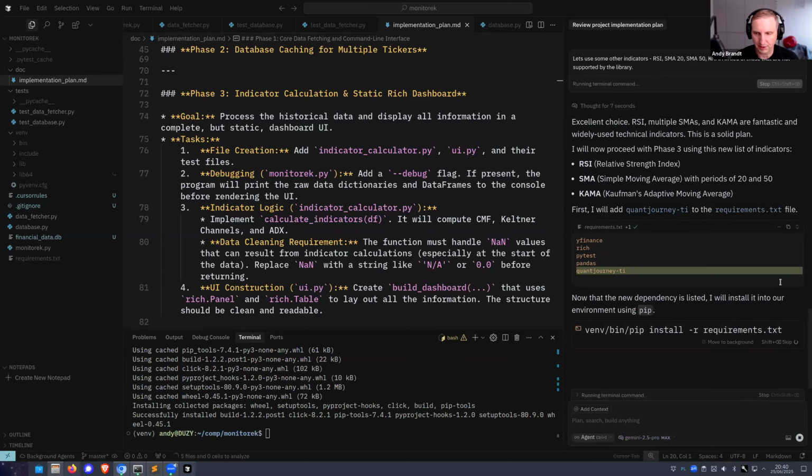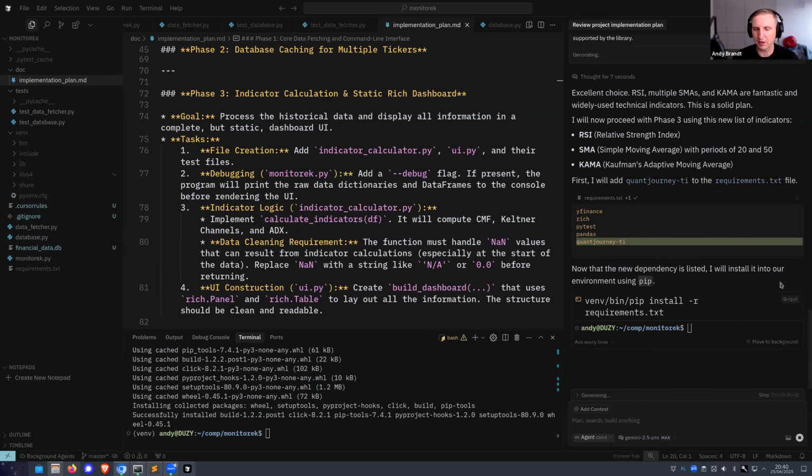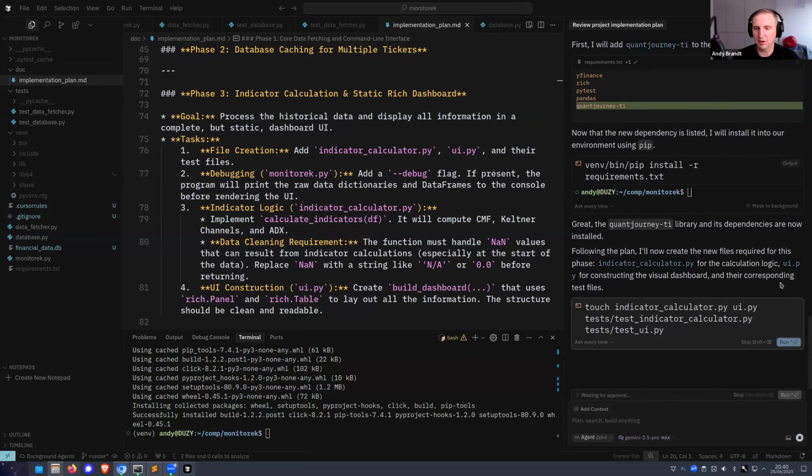And I can allow the model to do that. It's interesting that I don't have to do that manually anymore. Like 2 or 3 months ago, I still had to manually install the libraries. The model just nicely asked for that. Now it's just installing. Okay, so the library has installed.